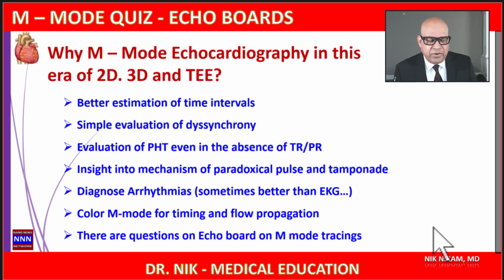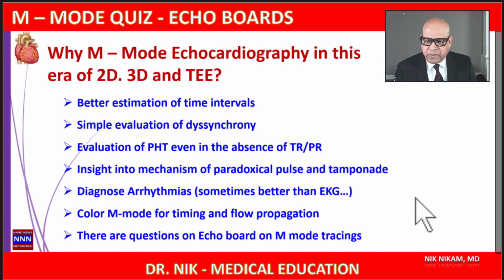Not so soon. M-mode has better estimation of time intervals. M-mode is quite useful in evaluation of dyssynchrony: when the wall motion begins, when the wall motion terminates, and how does it correlate with the various phases of cardiac cycle. It is also useful in evaluating pressure half times, even in the presence or absence of valve regurgitation. It also gives us an insight into the mechanism of paradoxical pulse, paradoxical wall motions, and of course, constrictive pericarditis